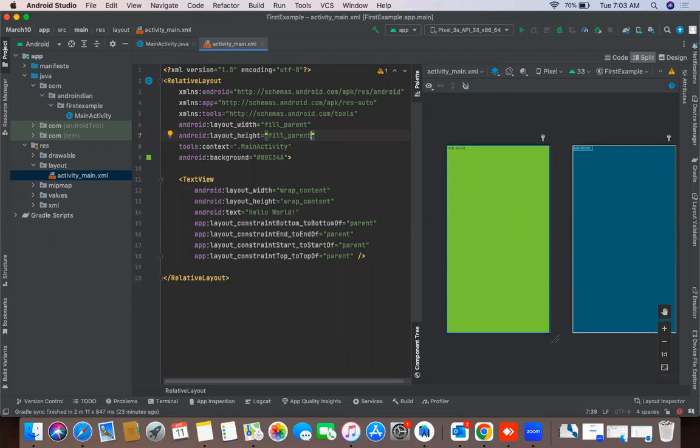See, this is also what happened here. If I give fill parent also, it occupies 100% of the screen, right? It is also occupied 100% of the screen. Then what is the difference between fill parent and match parent? Fill parent and match parent both are the same. But